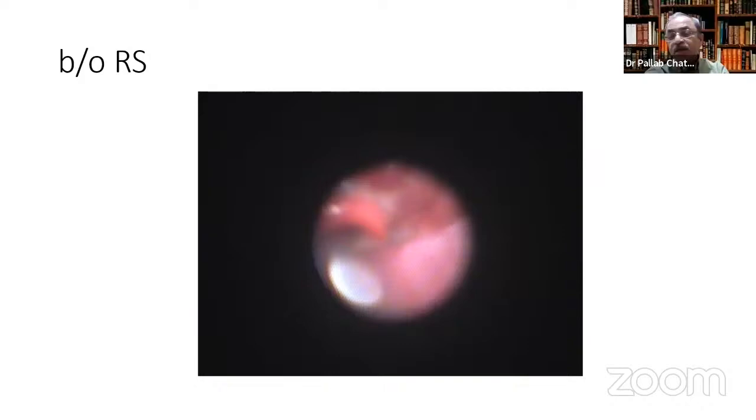Even PEG becomes very difficult at this age, because you don't get buttons of this size, since the stomach is so small. In older children, it becomes easier. For such a small child, you only get small tubes. The very effort that a baby may make during the swallow may be inadequate, and we have to